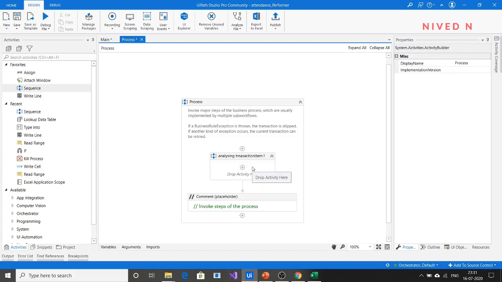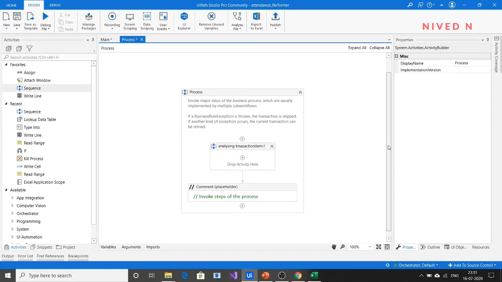For analyzing the transaction item, before that you have to provide four variables. One to store the total number of working days. One to store the total present data of each employee, a second to store the absent data of each employee, and a third to store the null value data of each employee.